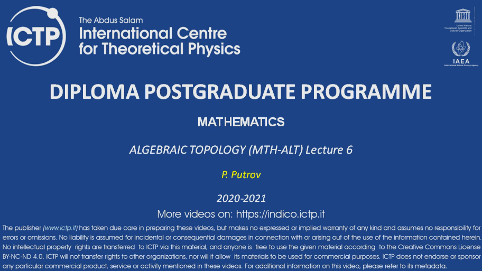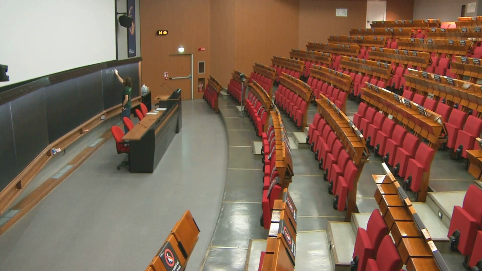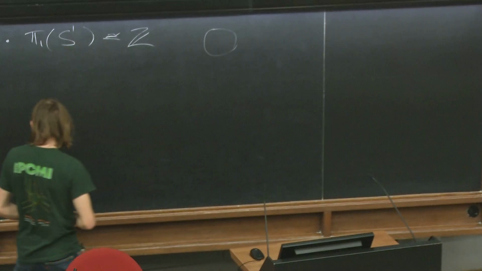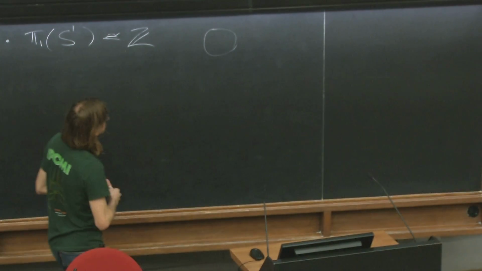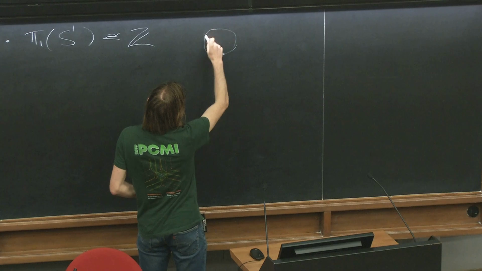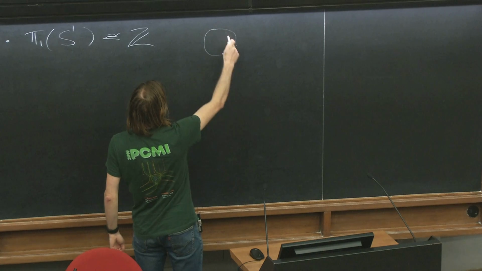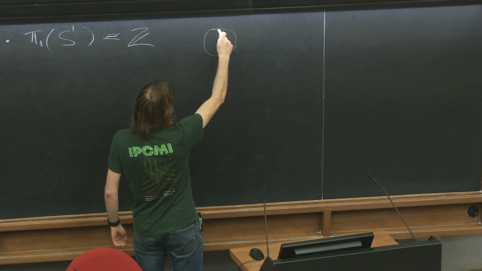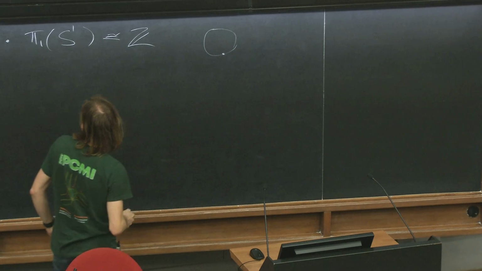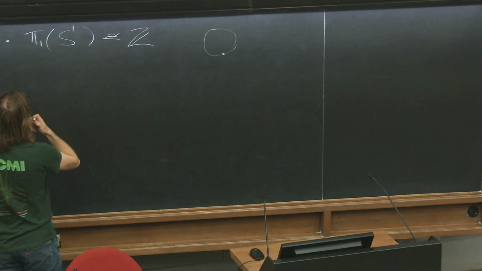Fundamental group of a circle is isomorphic to the group of integers, and so informally, an integer corresponding to the loop is the number of full turns you do when you follow this loop around the circle, counted with signs. And then we showed that